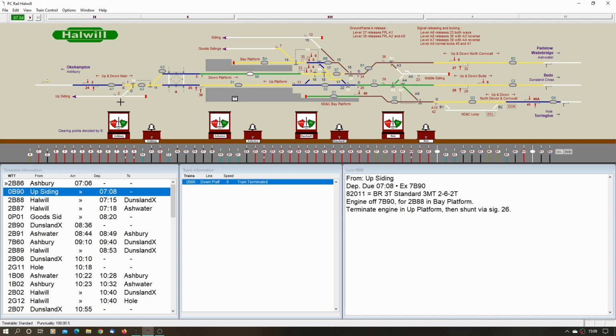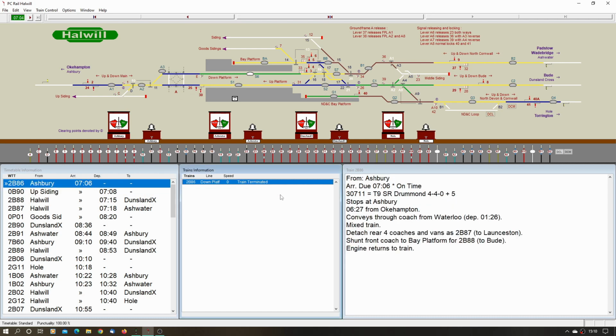I can't clear C because the gates are still closed. I can't do anything with this arrival until it changes into its departure, or if there's no departure linked to it, it will change to